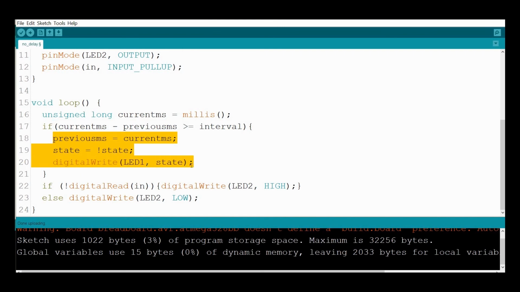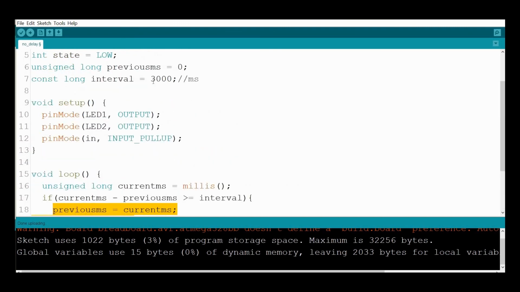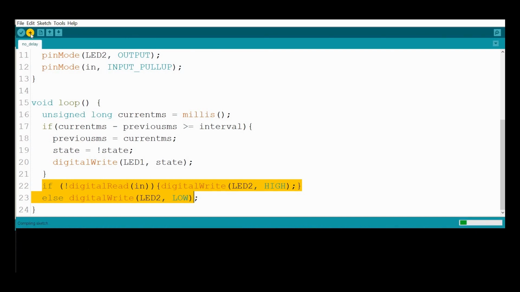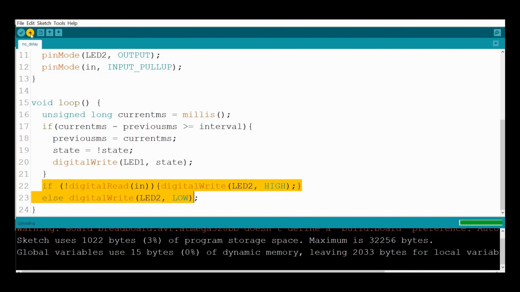So with this code we will see later that we can maintain the LED blinking at, let's say, 3 seconds. Here I set 3 seconds, or we can change it, let's say, to 5 seconds. And at the same time we can trigger this LED at any time without waiting for the 5 seconds to be over. Okay, so now we can hit upload,